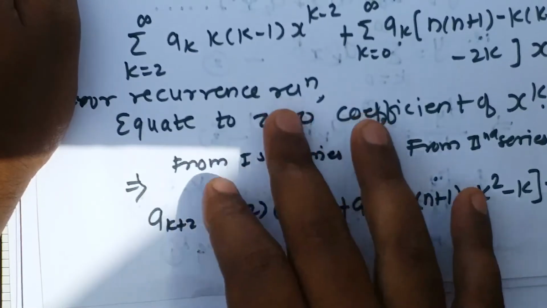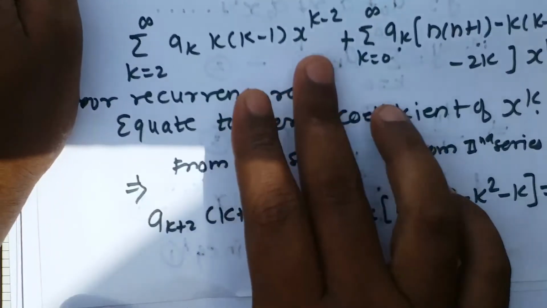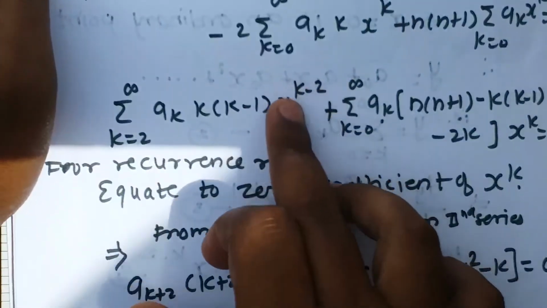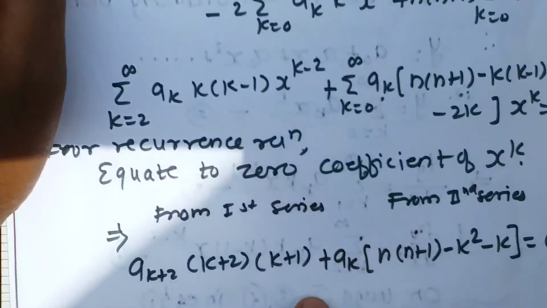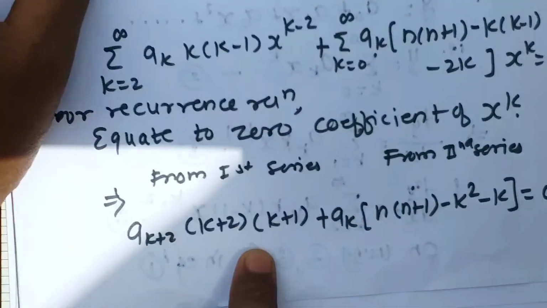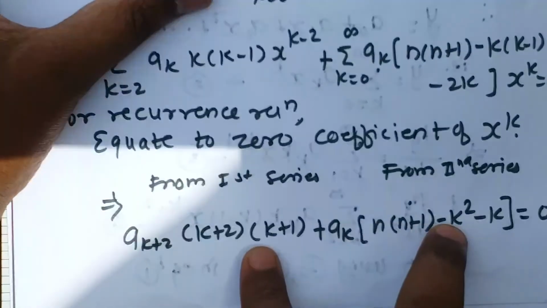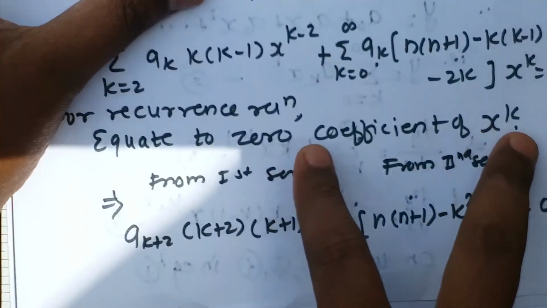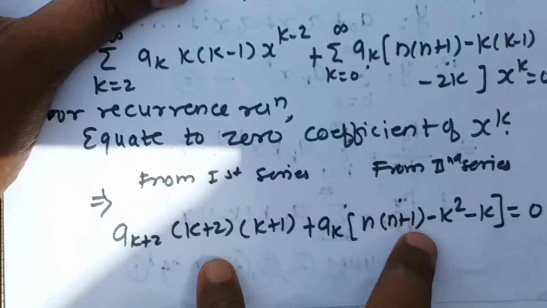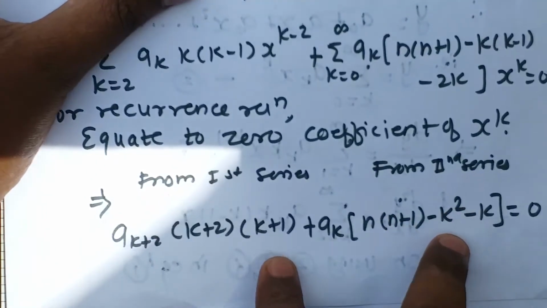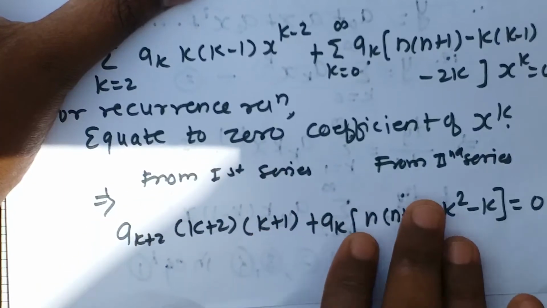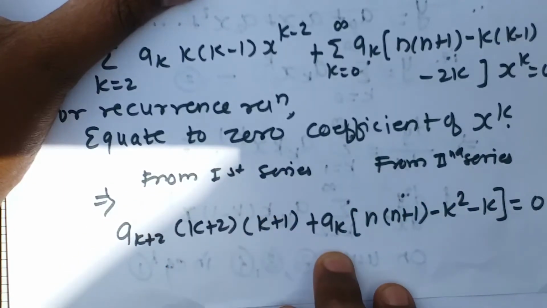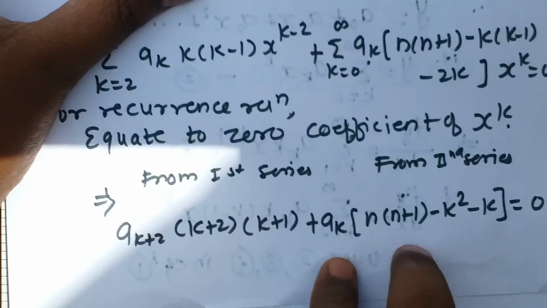So that is nothing but ak plus 2, k plus 2 into k plus 1. Okay, so this is how you need to understand how to get the coefficient of x raised to k whenever we are having lower power of x. Okay, we just have to add some value of k there. Okay, that will give us the coefficient of x raised to k like this. Okay, now we have obtained the coefficient of x raised to k from both the series. Let us rearrange the terms to get the recurrence relation. Means what we are going to do, we are going to solve this for ak plus 2. For that we will shift this term on the right, and we will divide by this product on the right.